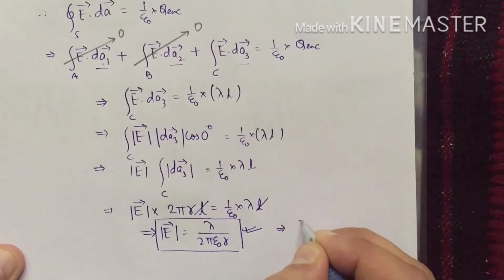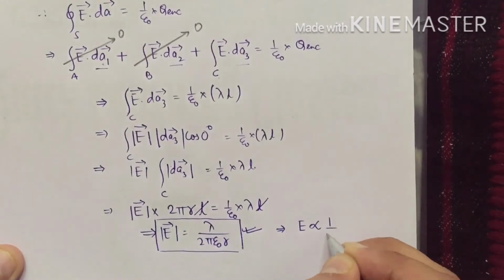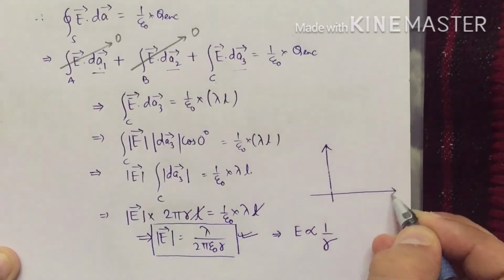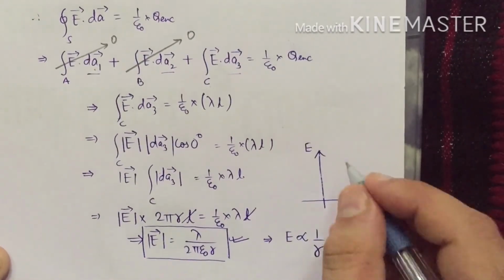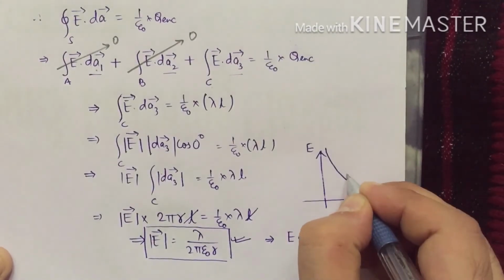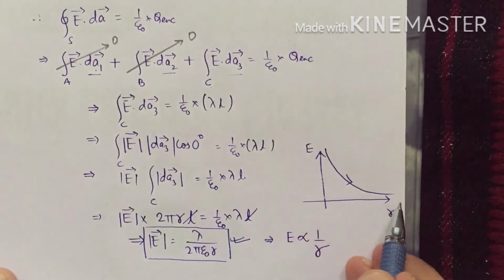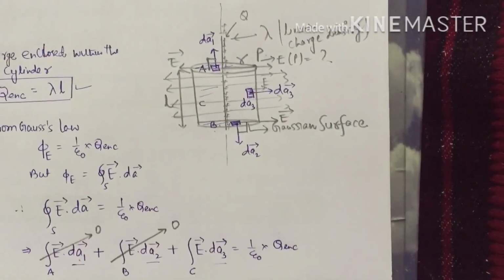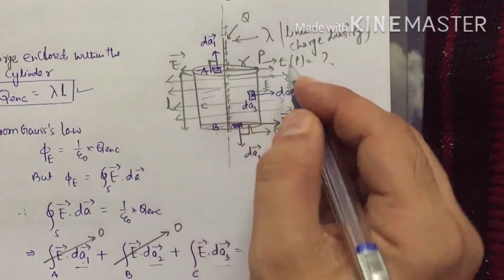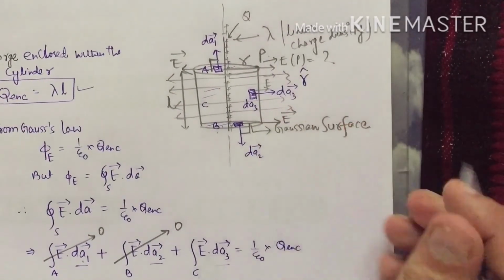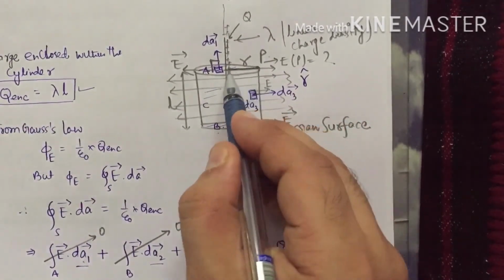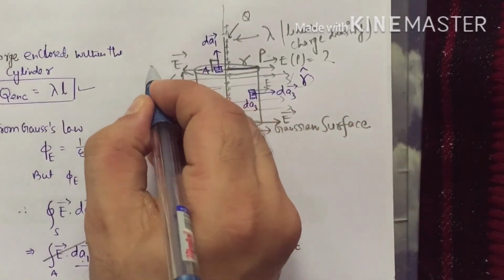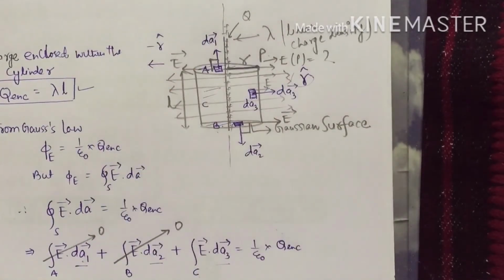So we can see that the electric field is inversely proportional to r. And if we draw a graph between electric field and r, it varies like this. The electric field will not immediately fall to 0, but it will gradually decrease as 1 by r. Let us assume that along the r, the unit vector is denoted by r cap. So this is your r. In the direction of r, we will have a unit vector r cap, which is towards the right, and for the left direction we'll have minus r cap, just for convention.